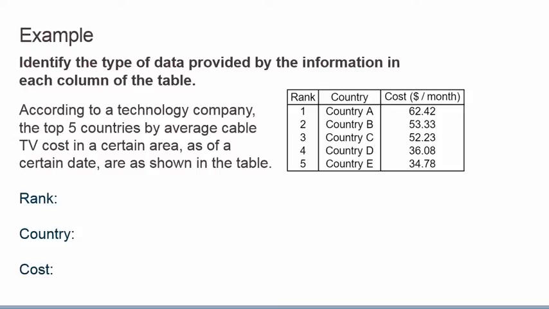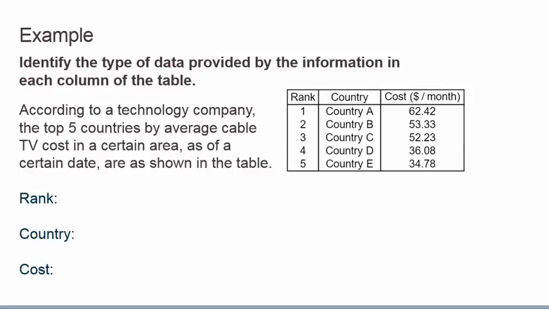Example: identify the type of data provided by the information in each column of the table. According to a technological company, the top 5 countries by average cable TV cost in a certain area as of a certain date are shown in the table. The rank of number 1, country A, cost $62.42 per month. Rank 2 is country B, which costs $53.33 a month. Rank 3, country C, costs